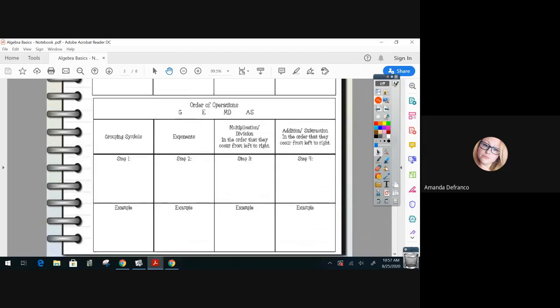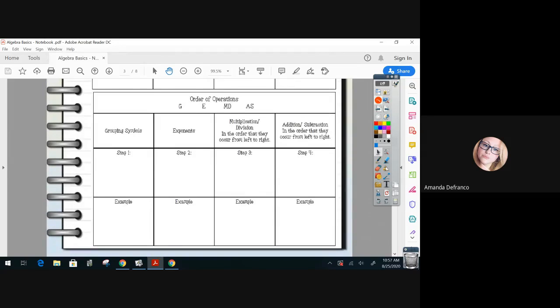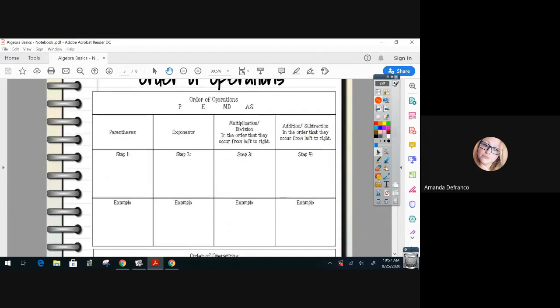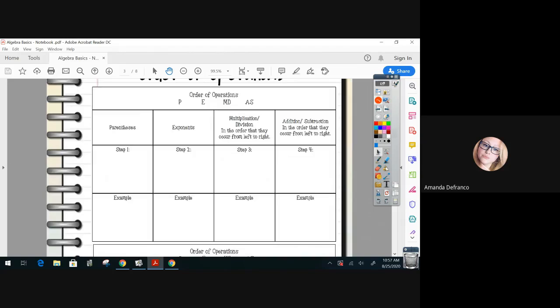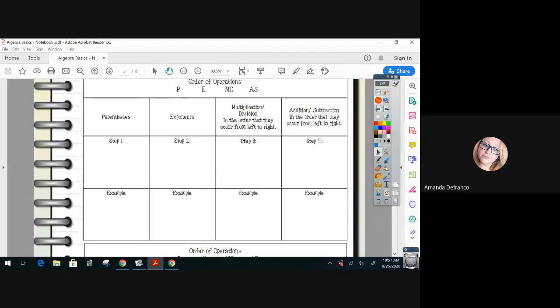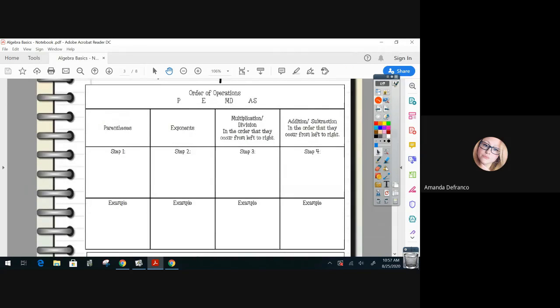But GEMDAS also works, and you're going to see that it means the exact same thing. This is just because people learn differently and like different things. I'm going to always try and show you both, and you can decide what you like better. So when we are doing the order of operations, it goes parentheses, exponents, then multiplication or division